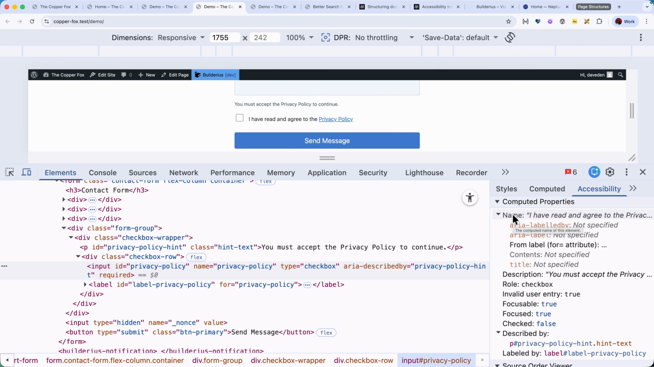You can see the name, I have read and agree to the privacy policy. We can see the description. That's some extra information that says, okay, you must accept the privacy policy. We see the role, that is a checkbox, and we see some other states and values. We see that it says it is a focusable element, so it is currently focused, and that it is currently not checked. The moment I check it,